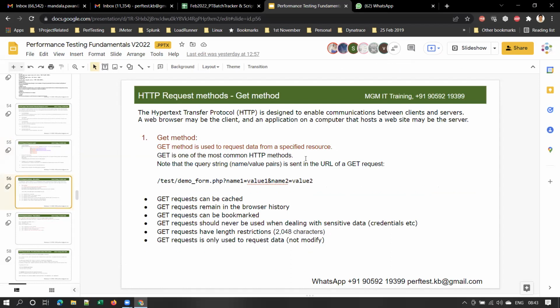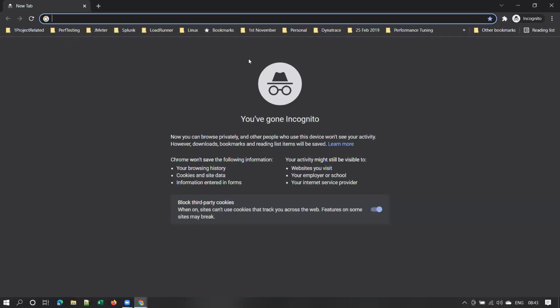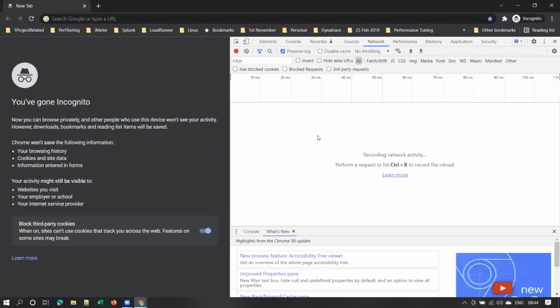I already explained in the previous session what a GET request is and what it means. I explained it in the developer tool. Remember that? Let's say, for example, you type gmail.com or apple.com or anything. To see the request method, you can use the developer tools. Go to your browser and press F12 on your keyboard. Everyone, please do this. Launch a browser, private browser, or a normal browser, doesn't matter. I prefer to use a private browser.